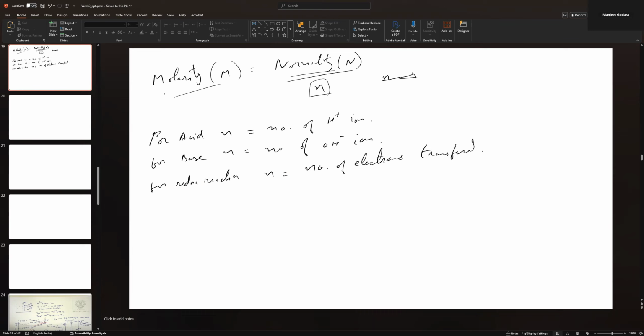So we are given normality for nickel, with 2 electrons. So we will calculate the molarity. Normality was given as 1, and since the number of electrons transferred was 2, the molarity